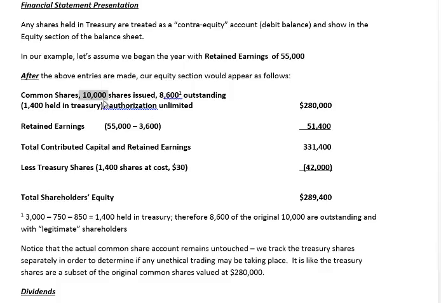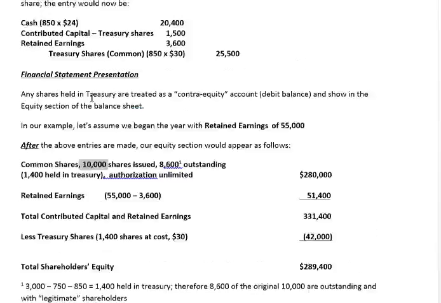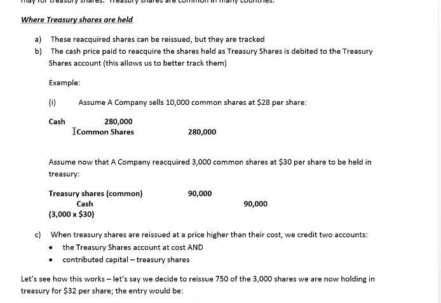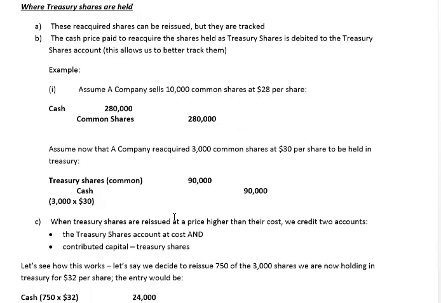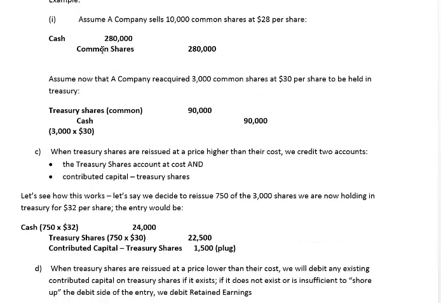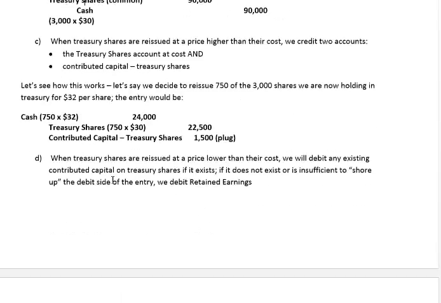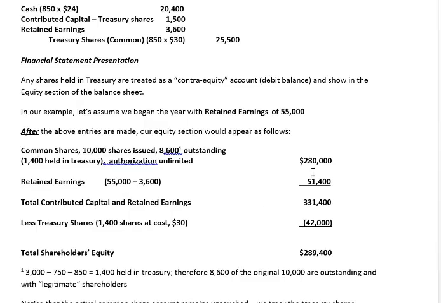So all we're doing here is we're saying, well, we never debited or credited after the common shares were issued in the first entry. So after this entry up here, we never touched the common share account. Why? Because we got to track the Treasury shares, right? So instead of debiting or crediting common shares directly, when we had Treasury shares, we debited and credited Treasury share accounts specifically. So what we're going to do is leave the balance of the common shares intact, because after we issued those common shares for $280,000, we never touched it, right? We're going to keep that balance as is, acknowledge the fact that 8,600 shares are out there with legitimate shareholders.